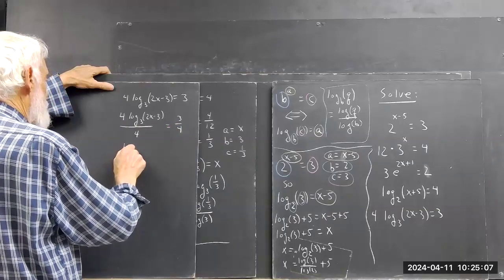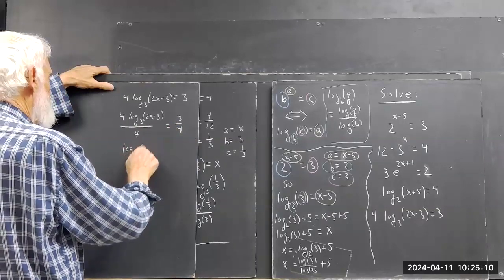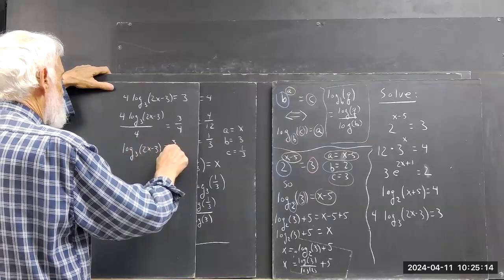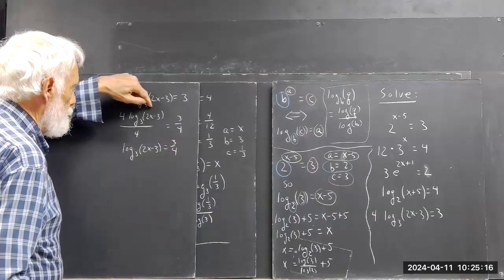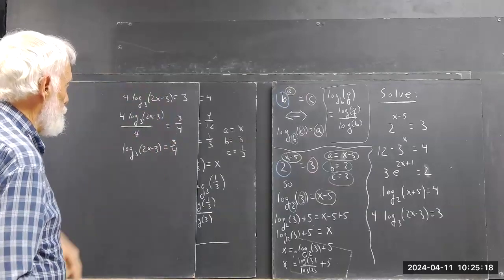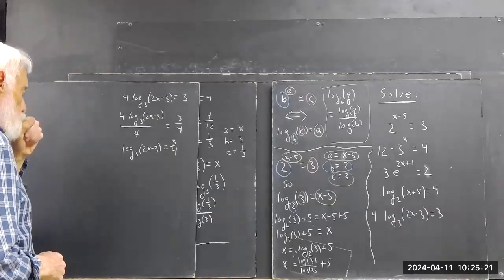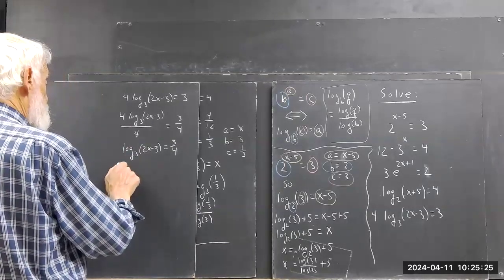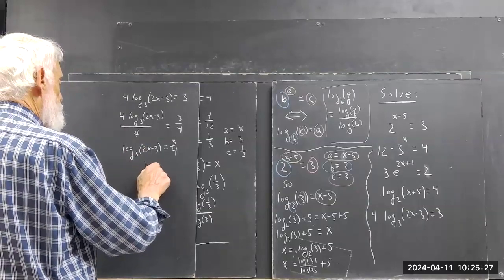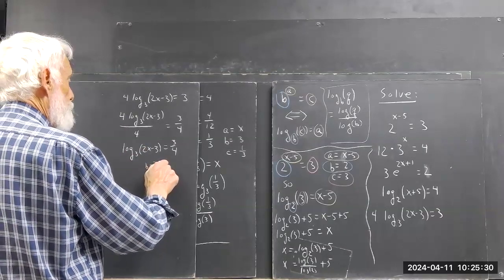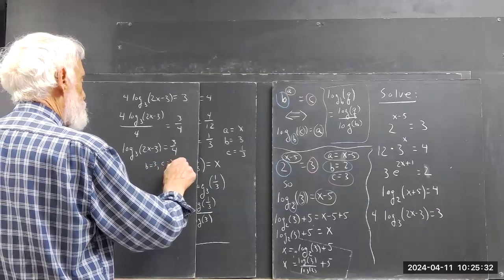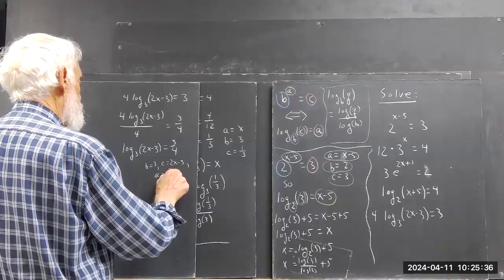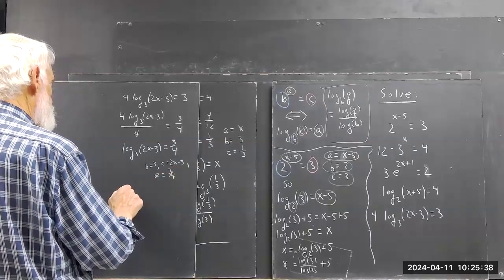We get log base 3 of 2x minus 3 equals 3/4. We convert this. We identify b equals 3, c equals 2x minus 3, a equals 3/4. So now we have